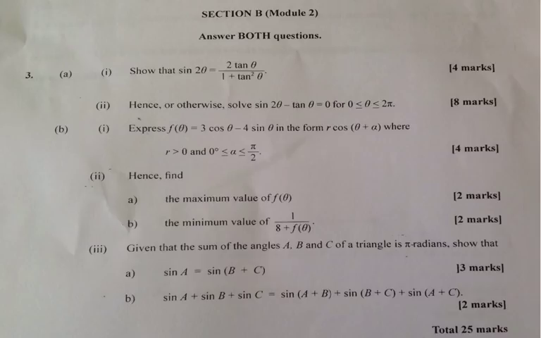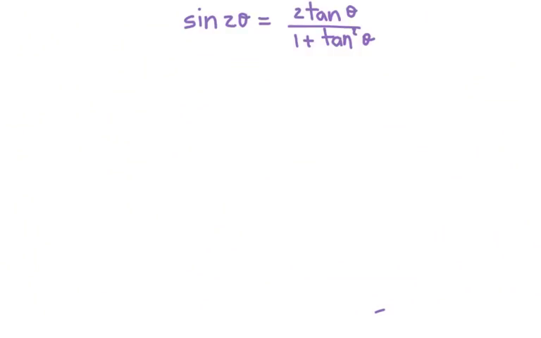Today we will be answering a trigonometry-based question from the May-June 2013 CAPE Pure Maths Unit 1, Paper 2. The first part of our question asks us to show that sine of 2 theta is equal to 2 tan theta divided by 1 plus tan squared theta. I'm going to use the right-hand side of the equation and then work down and show that it's equal to